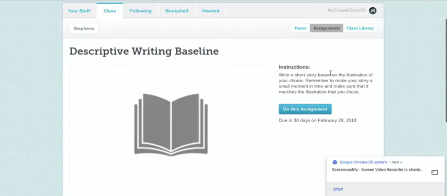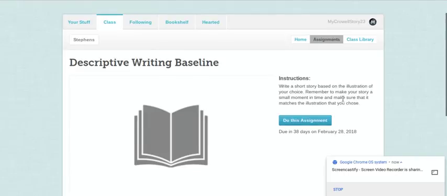It says, write a short story based on the illustration of your choice. Remember to make your story a small moment in time and make sure that it matches the illustration that you choose. So remember what we've learned about narrative writing or even informative writing. You want to try and choose a small focus so that you can be very detailed in your writing. You don't want to try and tell a really big, long story where you kind of get confused and your story gets confusing for your reader along the way. So you want to choose a small moment in time. So you'll click on Do the Assignment,